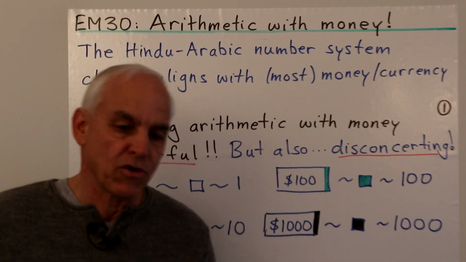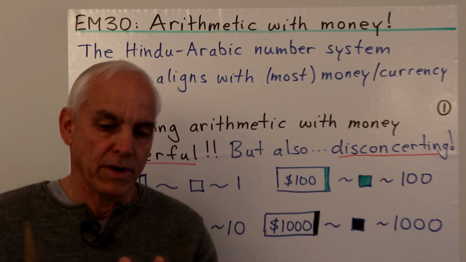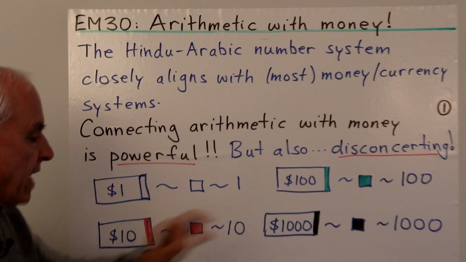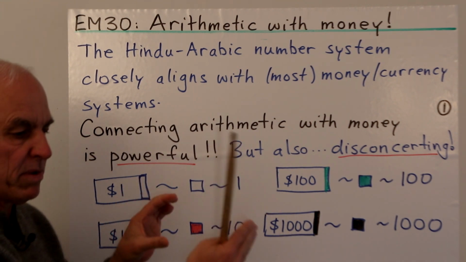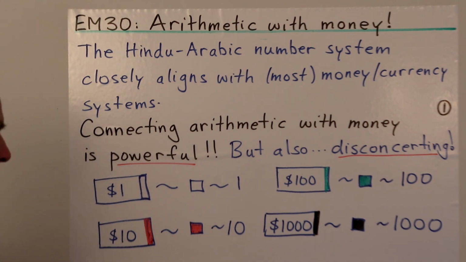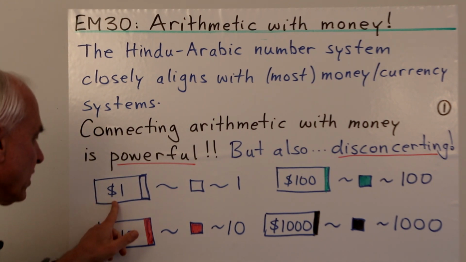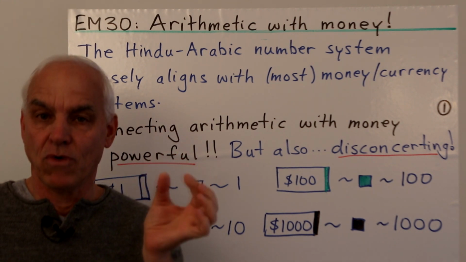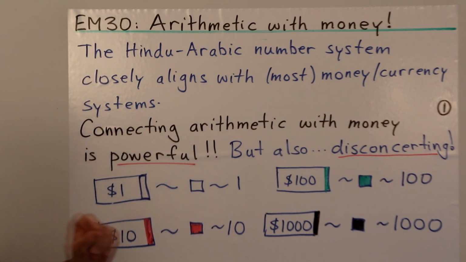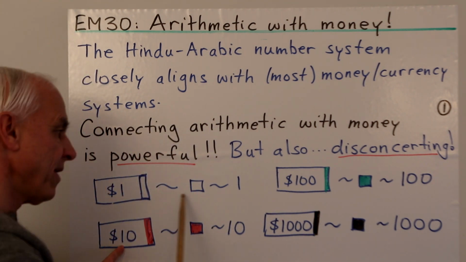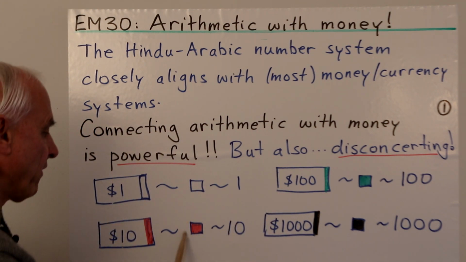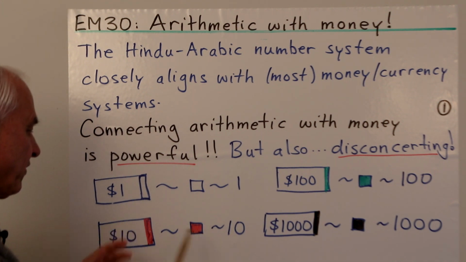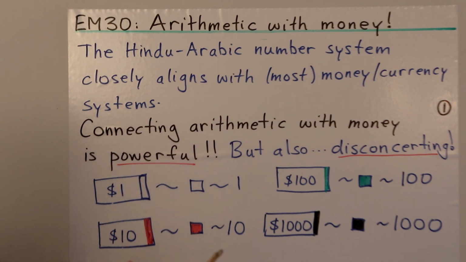So it doesn't have to be dollars, it could be euros or yen or whatever you like, as long as we think in terms of a $1, $10, $100 and $1,000 as being sort of fundamental units, and we have bills or perhaps coins that represent these. Now, there's a natural correspondence between the $1 and our representation of one as a single row rectangle, just one square. And I remind you that when we had 10, we had a shortcut for that involving a red square. So the $10 and the red square are sort of compatible, and that corresponds to the number 10.